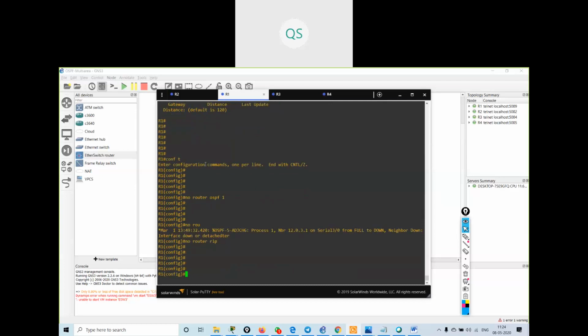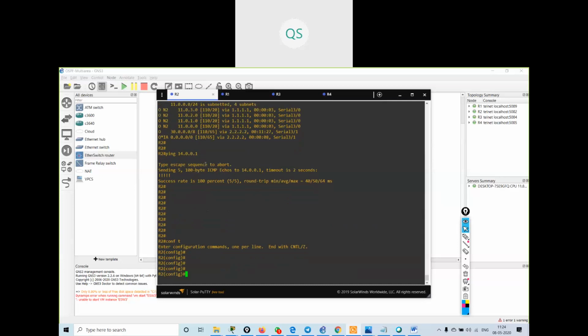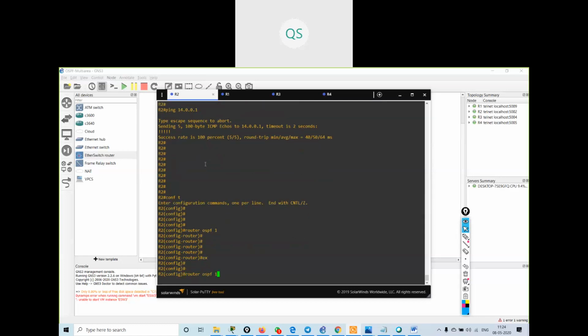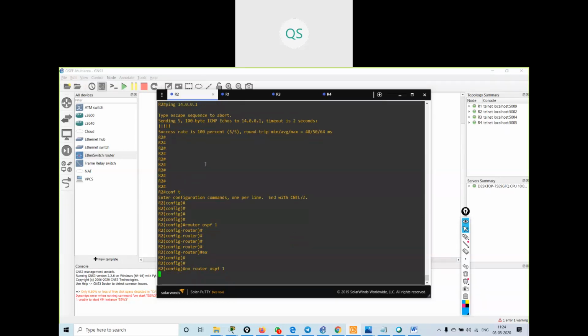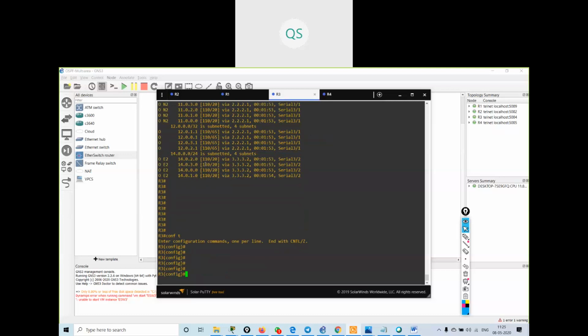I will go to R2 also and remove the routing protocol. On R3 also I will say no router ospf 1.